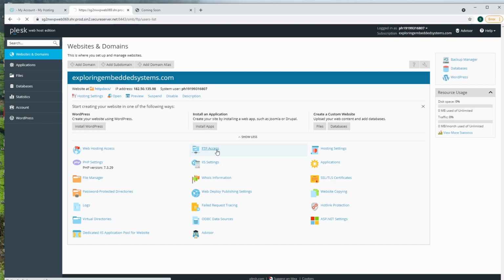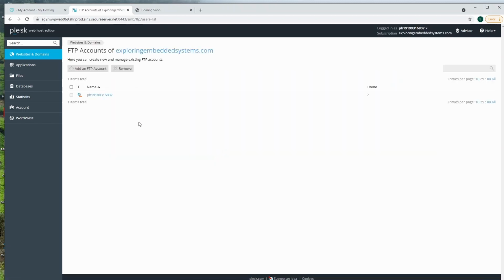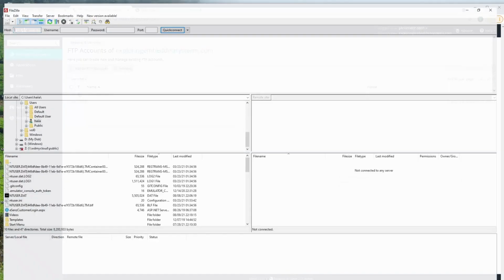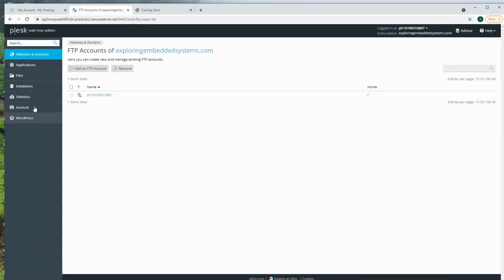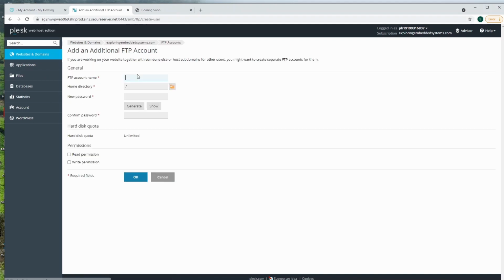So you have to create an FTP user, so that you can give those credentials here and log into the files of this server. Let me create an FTP account. So FTP account name, Satish Exploring Embedded System. Home directory. Basically, if you have created a subdirectory and you want to give access to only the subdirectory, you can give. Home directory, they will have access to all your files. This is like a C drive. Password.